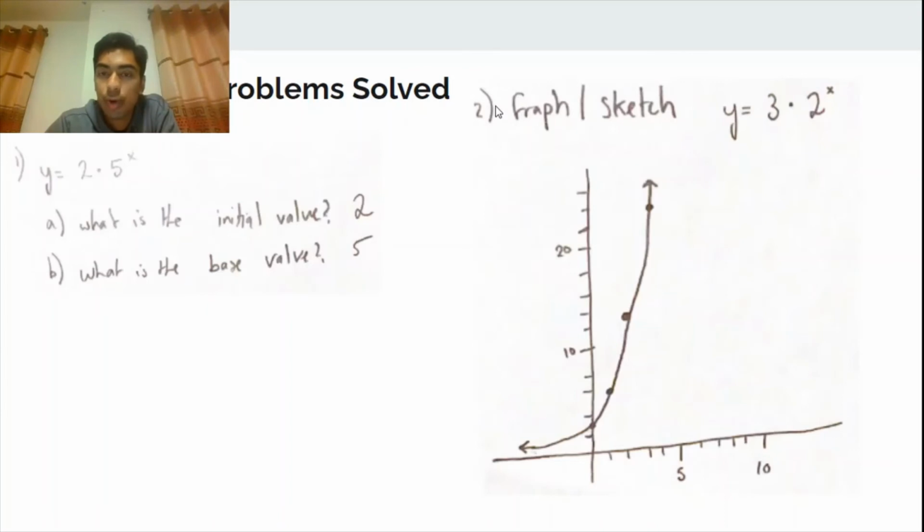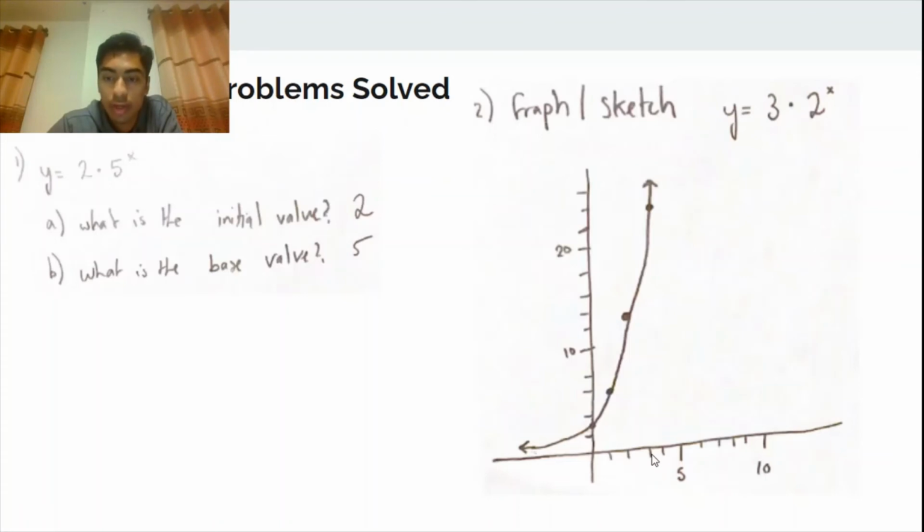For number 2, we're asked to graph slash sketch y is equal to 3 times 2 to the x. And so the way that we would do that is that we could set up a table of values, and then we can go ahead and graph based off that. And so when we do that, what we would get is that at x is equal to 0, y is equal to 3 because that's our initial value, and then we multiply that 3 by 2 to get 6 at x equals 1, and then we multiply that by 2 to get 12 at x equals 2, and then 24 at x equals 3,